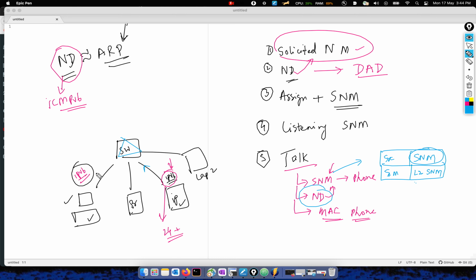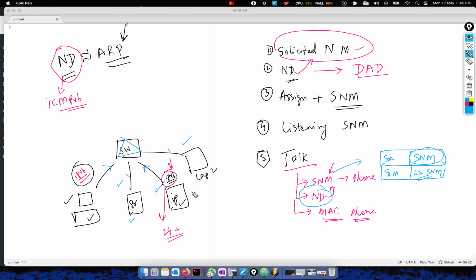Because there is no multicast happening, when this ND packet comes into the switch, it is going to flood it on all the other ports, which is totally fine. But when it reaches the printer, the printer is going to look at this L2 SNM, the solicited node multicast address, and say, this is not mine, this is not my solicited node address. So I'm going to drop it, and it drops it in hardware. The second laptop is going to drop it as well. The only one who is going to process and analyze it is basically this guy,